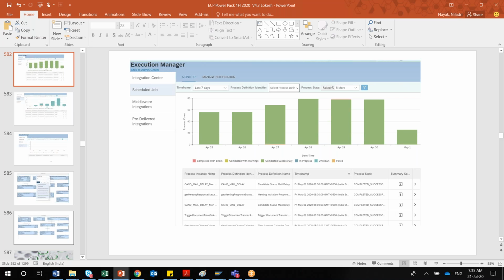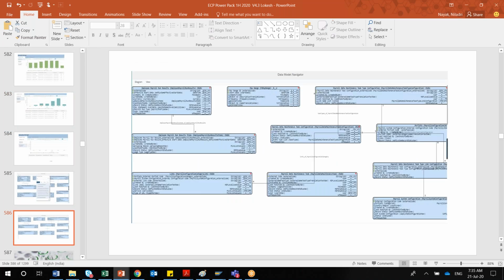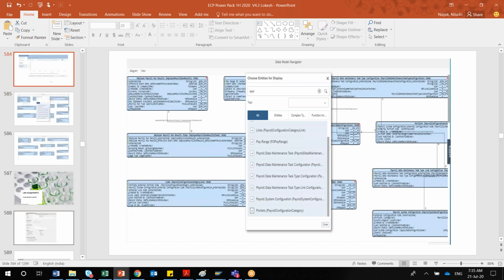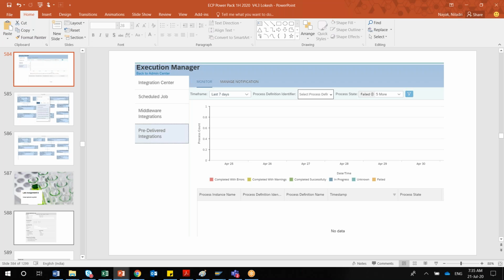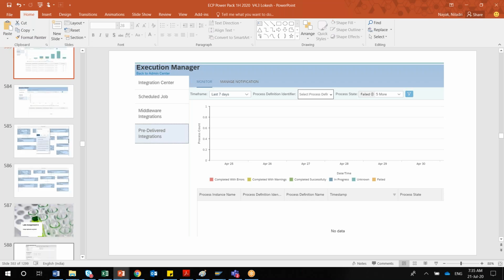SLG1, yeah, but it is actually at a platform level. So this is nothing to do with your EC payroll. It is only if you are using middleware or anything else that you have to check it here. Can you use it at the time of Delboomi or HCI? Delboomi, HCI, you can use it. You can monitor those if you are using them. So you can check it here using this integration center.